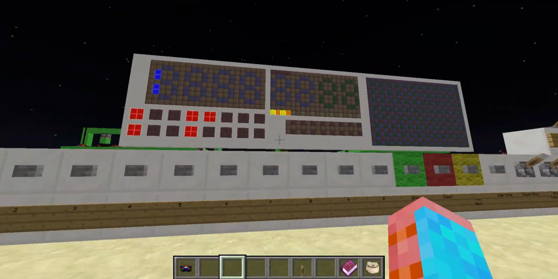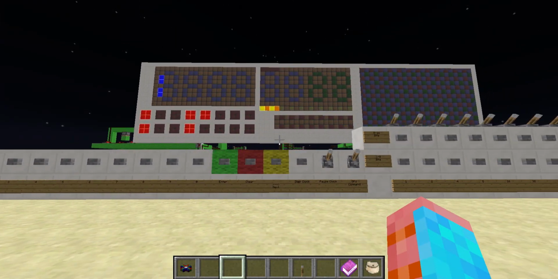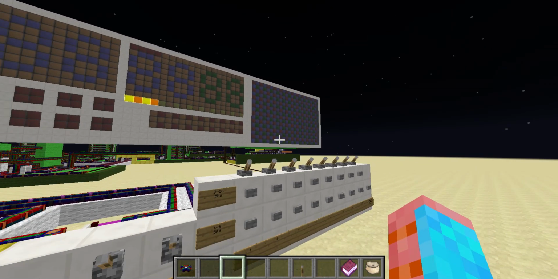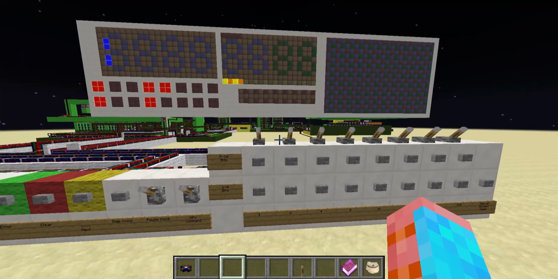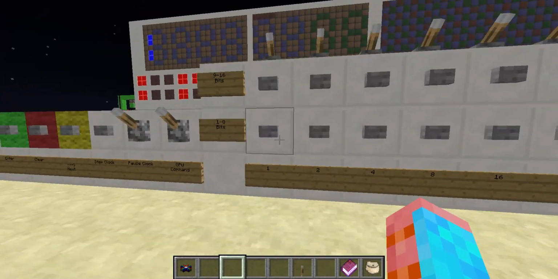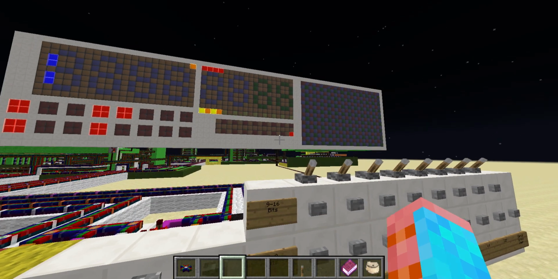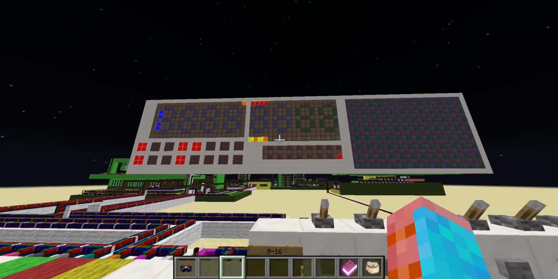So there it is, and I'm just going to quickly, there's just a 1 on there, something's already loaded into the cache. So I'm just going to quickly send something to the GPU. So GPU command on. I'm now going to be looking at this, and it shows that the GPU command is on, which means